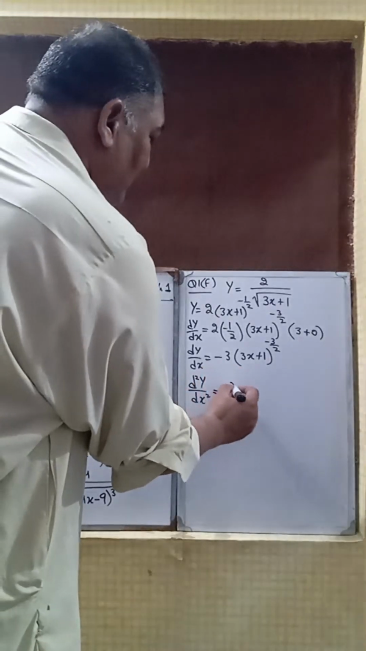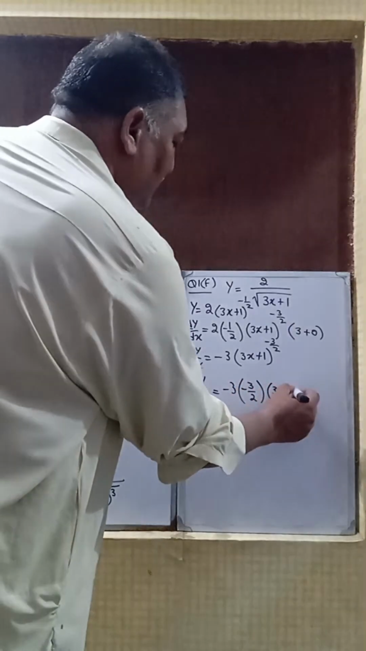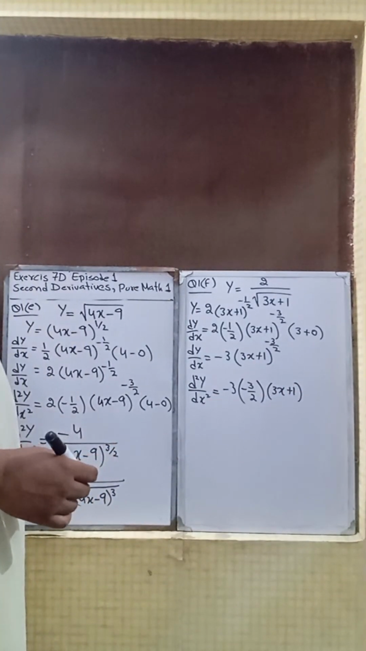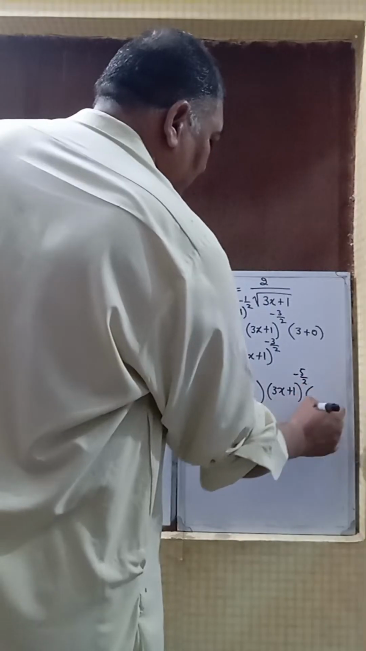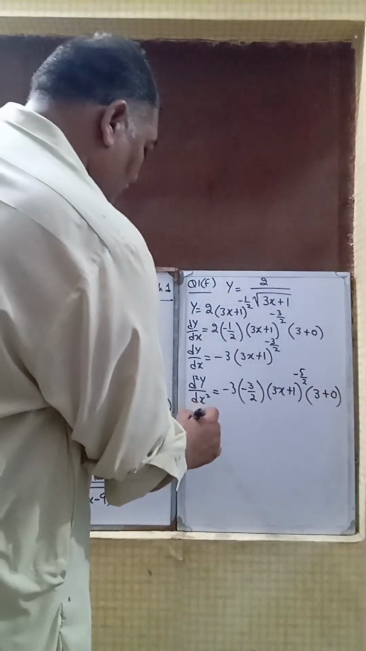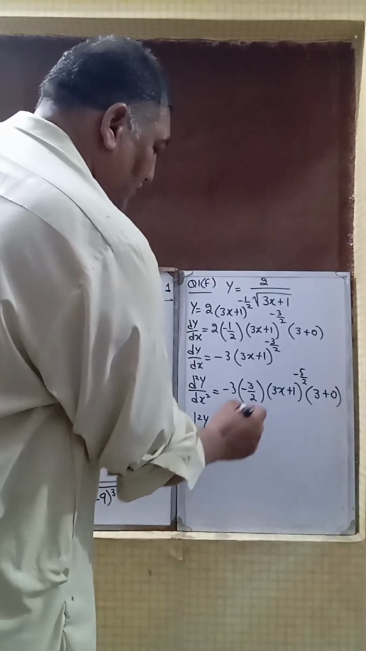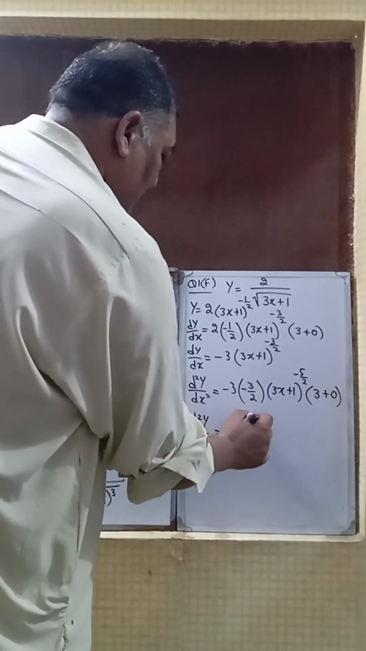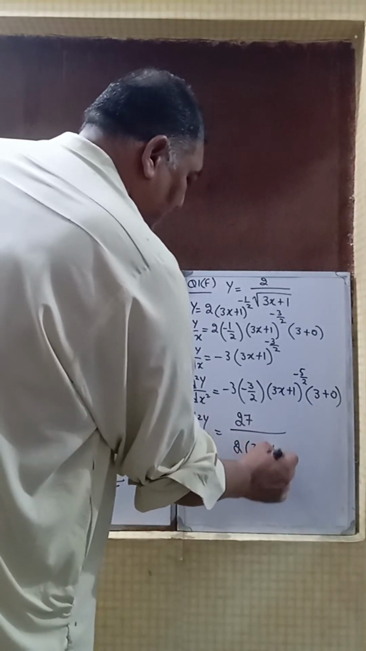So it will be minus 3 into minus 3 by 2 into (3x plus 1) raised to minus 3 by 2 minus 1. It will become minus 5 by 2. You can do this on the calculator. And for 3x plus 1, its derivative will be 3 plus 0. So d square y by dx square will be equal to minus minus plus, 3 3s are 9, 9 3s are 27. So this will be 27 divided by 2, and this is (3x plus 1) raised to